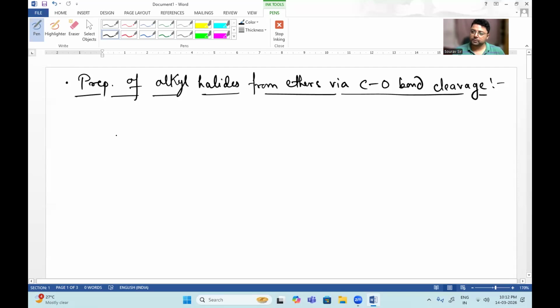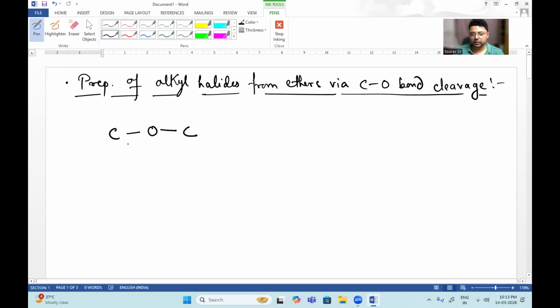We will talk about the preparation of alkyl halides via the C-O bond cleavage of ethers. Now, ethers have a general structure like this, where two carbons are surrounding an oxygen atom. We can compare this with a water molecule, where you have two hydrogens. In place of two hydrogens, there are two alkyl groups, or one alkyl group,